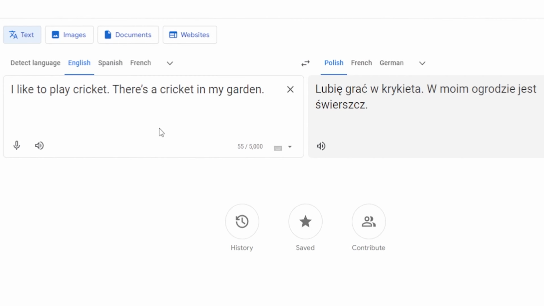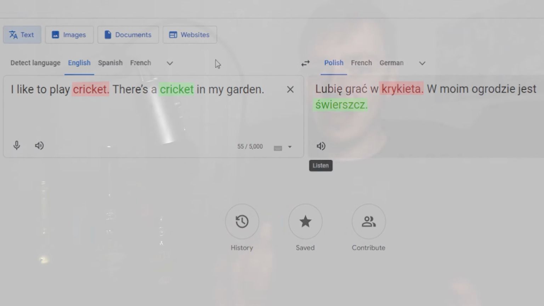What I will say is some languages are better than others on Google Translate, and what I will also say is that you always want to use Google Translate in sentences, because you want to make sure that you translate a word in context and not on its own. If you're trying to translate the word for cricket, are you on about the sport or the insect? So make sure you put he is playing cricket or he is eating a cricket or something like that, just to make sure you get the right translation for the word you're trying to find.